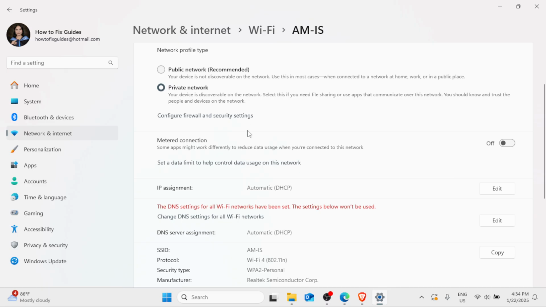Some apps might work differently to reduce data usage when you're connected to this network. So if you want to enable this, just simply switch this button on. However, if you want to disable the metered connection, then the option is still the same. You just have to go back to the same window, network and internet, and then click on your Wi-Fi and then the Wi-Fi properties, and just simply disable the metered connection by switching this button off. So once that is done,